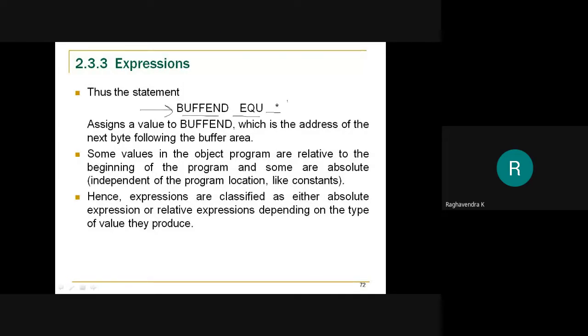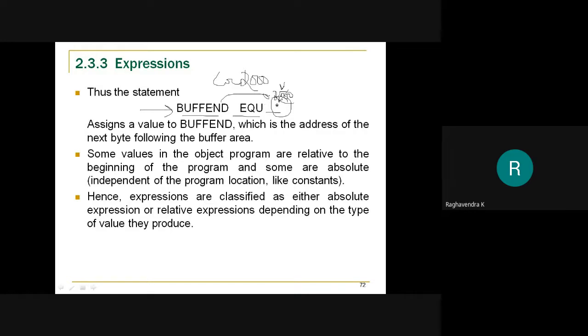So what is star? Star is the current value of the location counter. So suppose, for example, the location counter value is 1000, then buffend will be assigned the value of 1000. Suppose the location counter value is 2000, buffend will be assigned the value of 2000. Okay, so star is a special symbol that we can make use of in order to assign an address. Okay, you can also treat it like an expression.